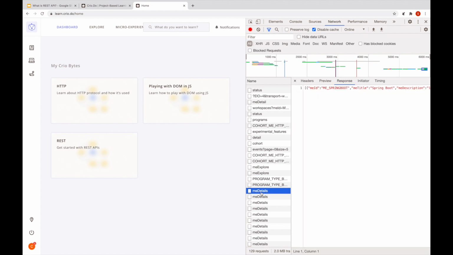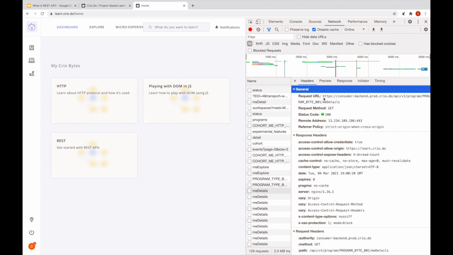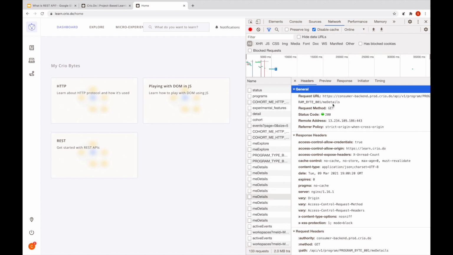You can see that there are several requests being made over here, and I'm choosing one of them where it is hitting this particular URL. Don't worry too much about this entire URL. It could be anything. It is a server configuration wherein you say, okay, if you were to hit me at this particular endpoint, I'm going to return back this. You are familiar with this, right?